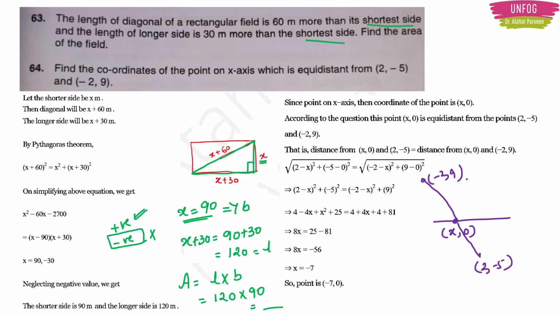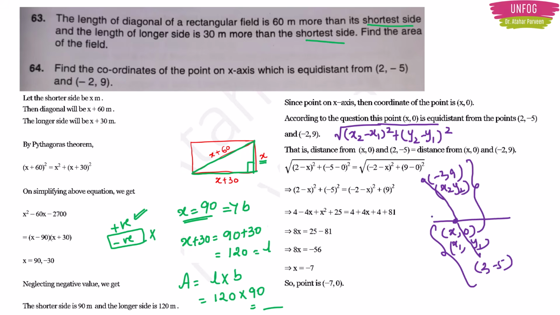You can apply the distance formula. One group of coordinates is this, another group of coordinates is this, for the distance formula, right? So the distance formula is equal to square root of (x2 minus x1) whole square plus (y2 minus y1) whole square. For the left hand side, you can take x1 and y1 as this one, and x2 and y2 as this one. And for the right hand side, your x2, y2 will become this one. It is up to you. You can do anything first. Either you take this one on the left hand side or you take this one on the left hand side.